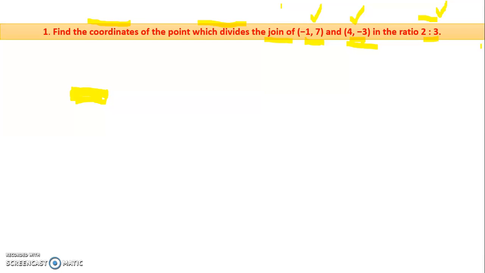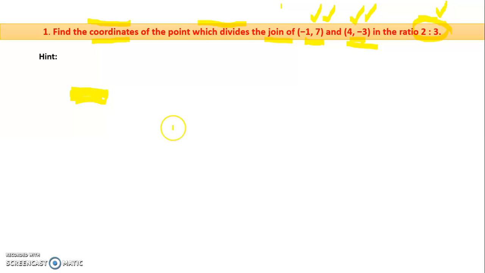By using the given values, you should find out the other value. So what values have been given? 2 points have been given here, that is x1, y1, x2, y2, and the ratio has also been given, that is m is to n. So what do we need to find out? C (x, y). What is the section formula? C (x, y) equals ((mx2 + nx1) / (m + n), (my2 + ny1) / (m + n)). That is the formula that you have.